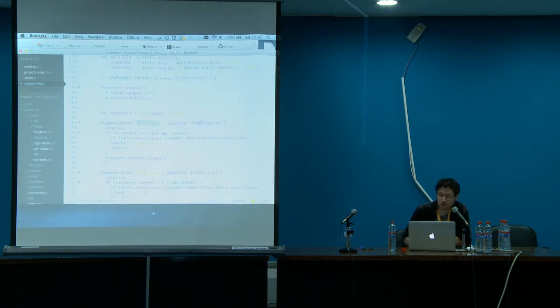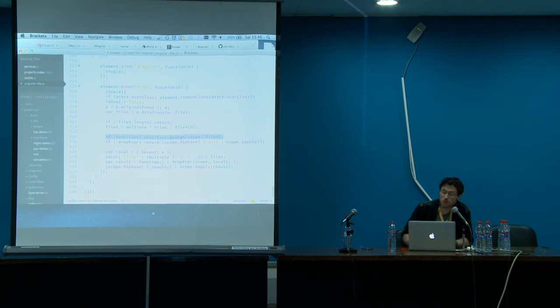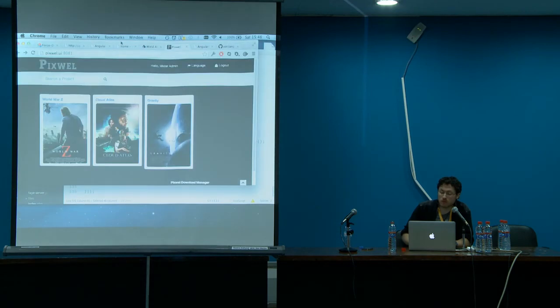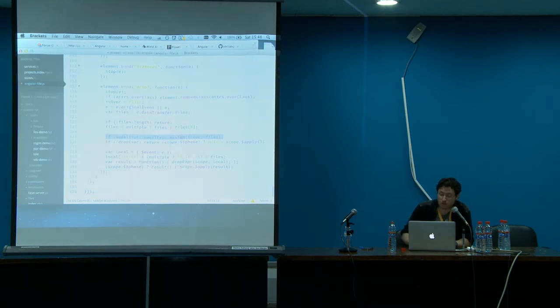So I can then take the element and do all of the HTML5 file API hooks that I need to implement in order to use it that way. If I'm dropping something, then remove the over class and take the files and assign them to my model. When I assign the files to my model, I have a property inside the project itself where the actual file object is being assigned, and then I can pull the image data out using the file reader API in HTML5.